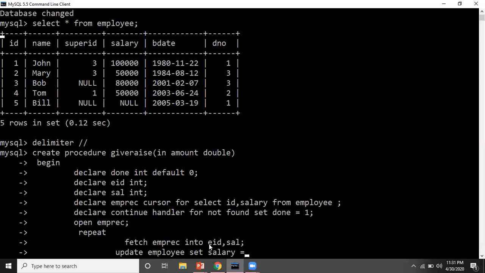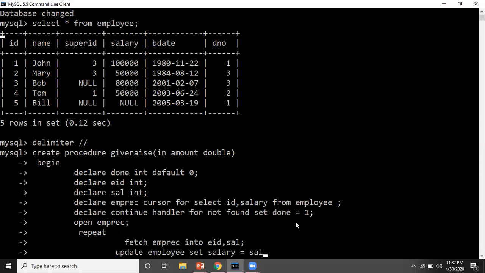This SAL is having the current salary. My EMPREC was pointing to the first row and it fetched the data from the first row, and ID is kept inside EID and the salary 1 lakh is kept inside SAL. So now I want to set the salary with the raised amount, right?